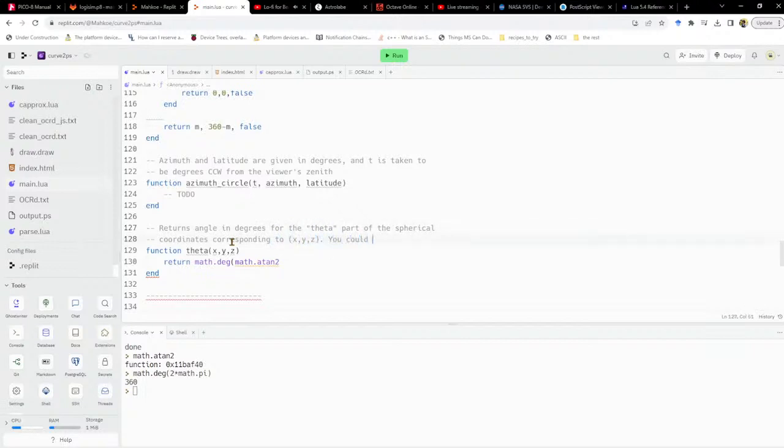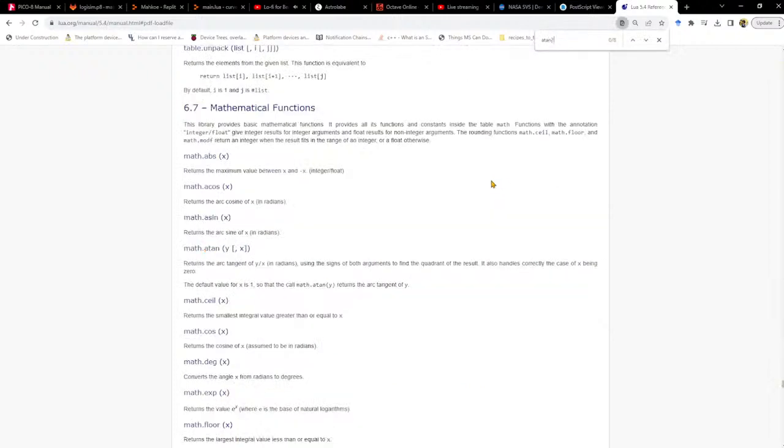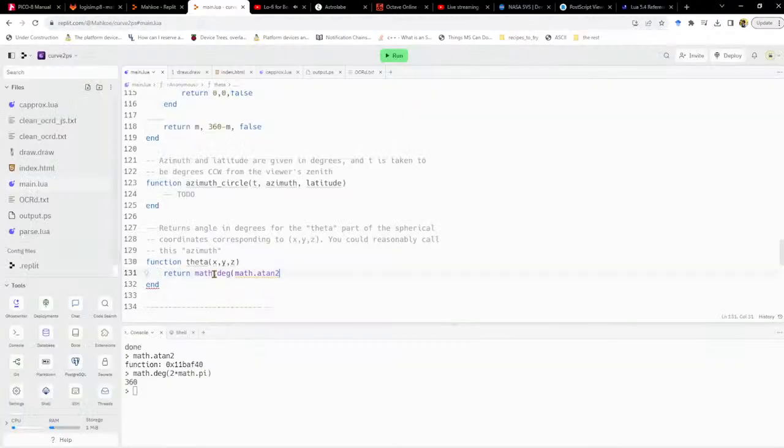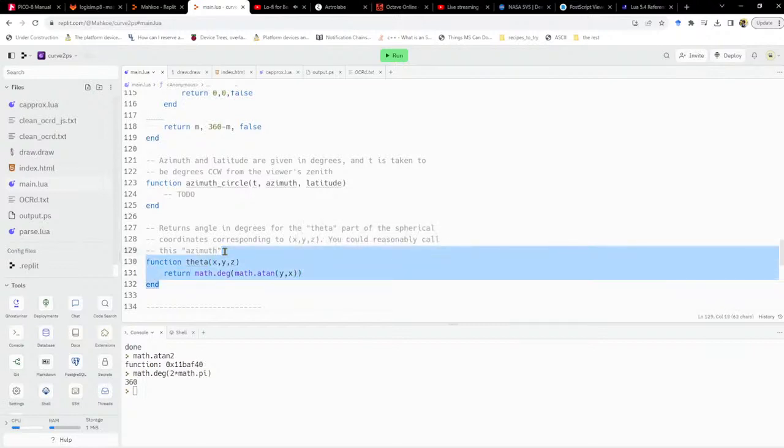You could reasonably call this elevation. I know, azimuth. Math.atan2, and it is, oh great, it's just math.atan y over x. Great. Math.atan of y over x, like so, and